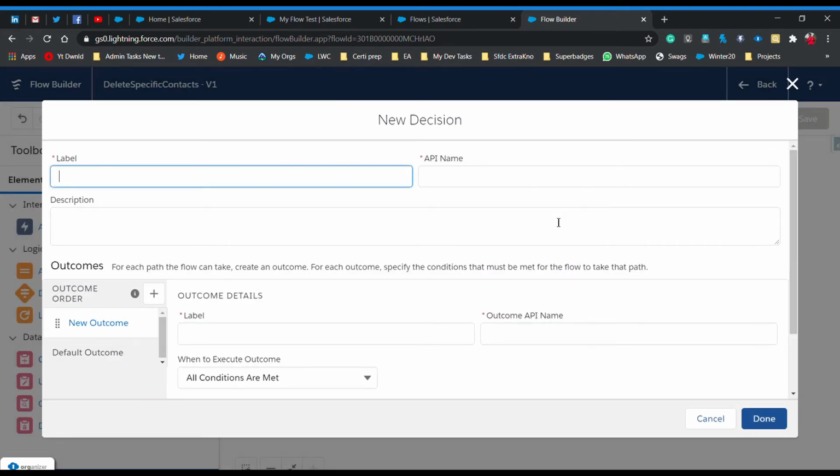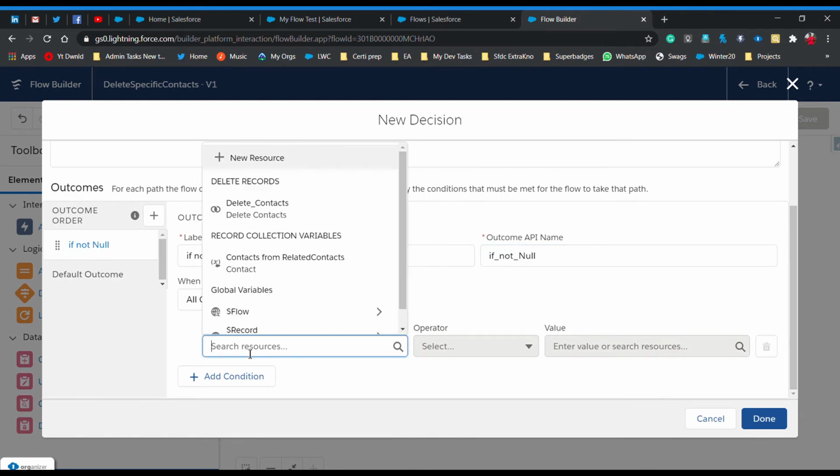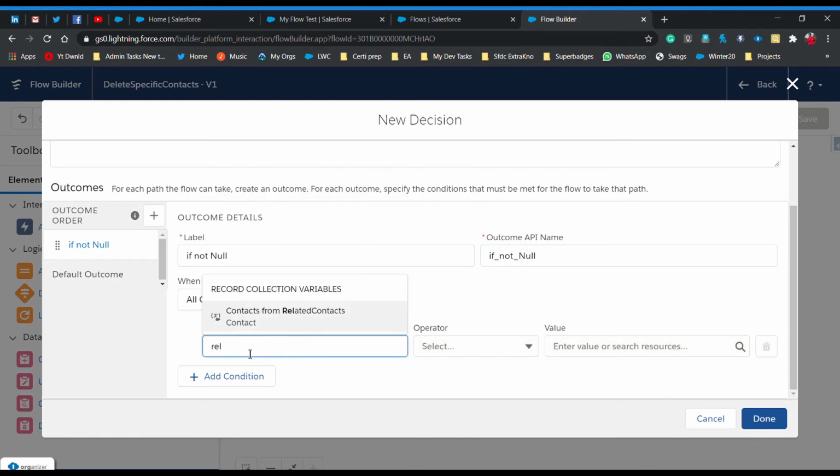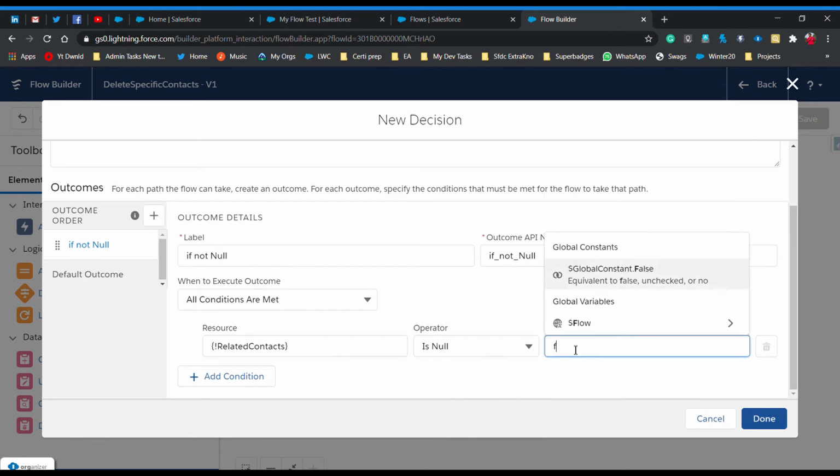This decision element is going to check whether our record collection variable is null or not. If it is not null, then we have to delete the records. So simply provide a label. Let's say check for null, and after that we have to provide a label for the condition, if not null. The API name is auto populated, and we have to provide a condition. Let's say our related contacts is null, boolean false,